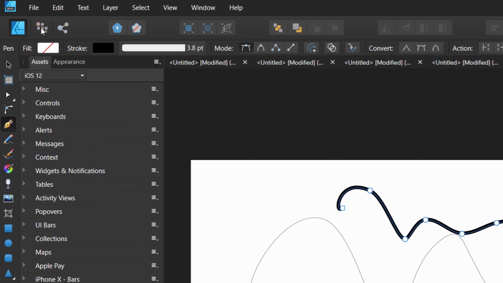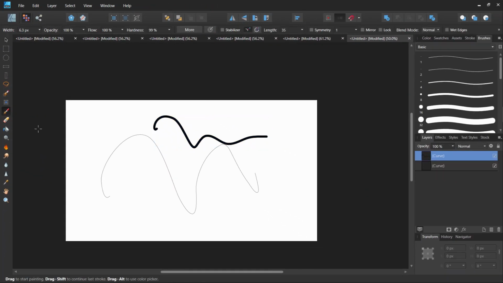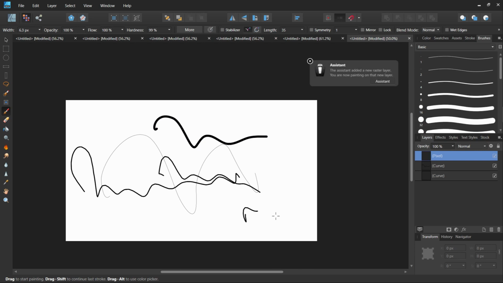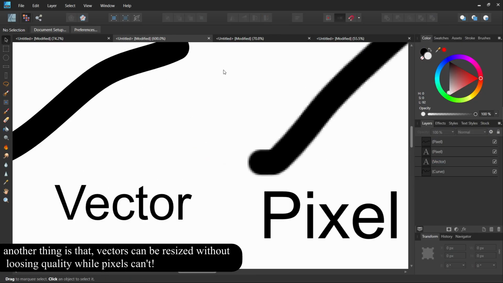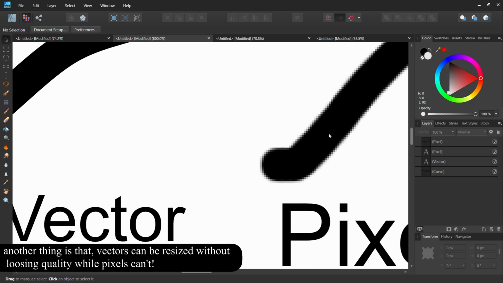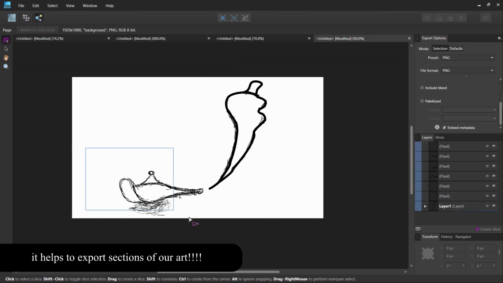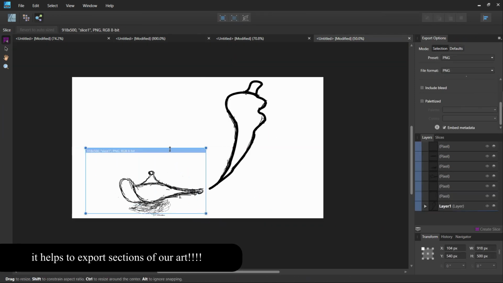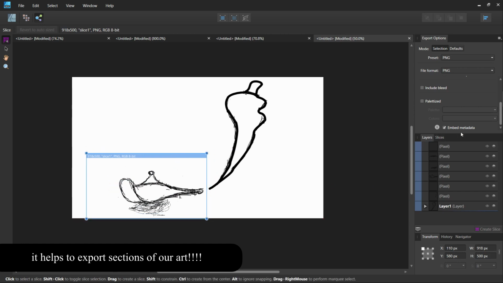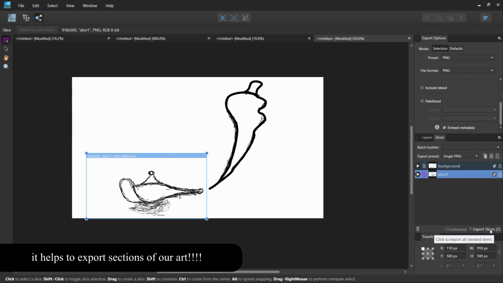The second persona is the pixel persona, which deals with all the drawing-related stuff, and as the name suggests, it uses pixels. If you don't know the difference between pixel and vector, in pixel the lines and all the things that you do are going to be pixelated, while in vector it's going to be straight and perfect. I'm going to show you the difference side by side. And the last persona is the export persona, which helps you export the project. By making everything in modules, Affinity Designer becomes very simple and easy to use.